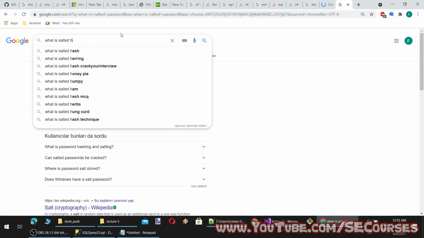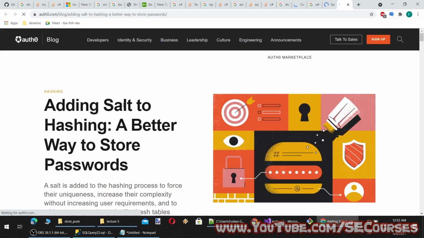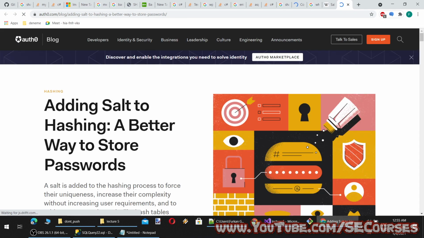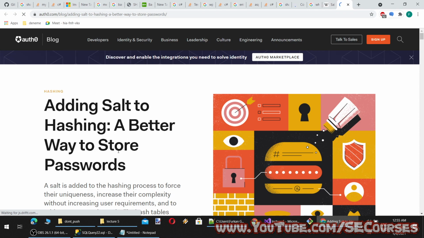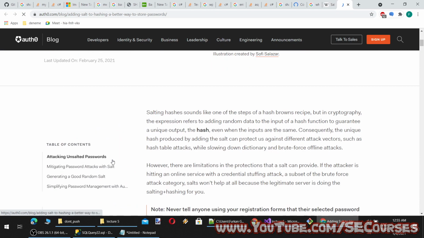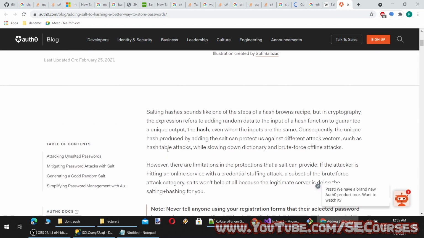Or let's say hashing. You see, when you save your passwords as SHA-256, it is not enough because there are rainbow tables, and that way hackers still can solve a lot of passwords. However, when you salt your hash, then you can never fail.